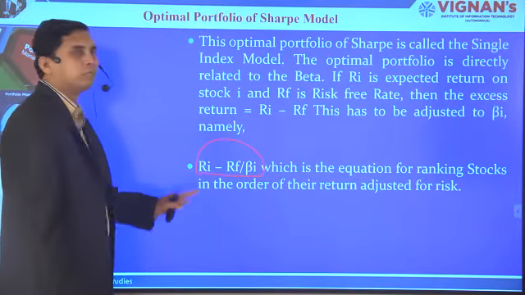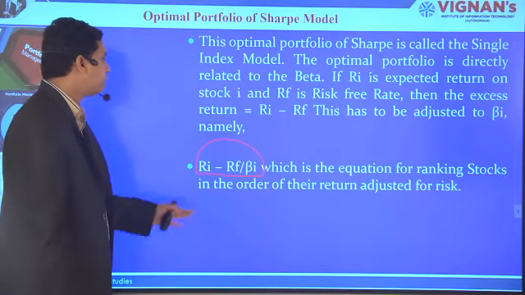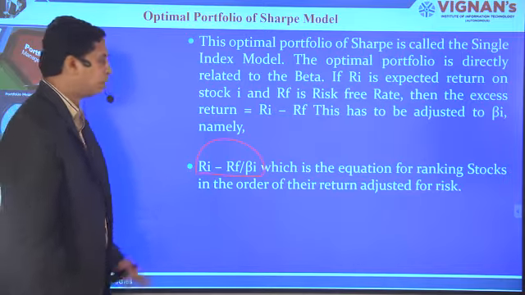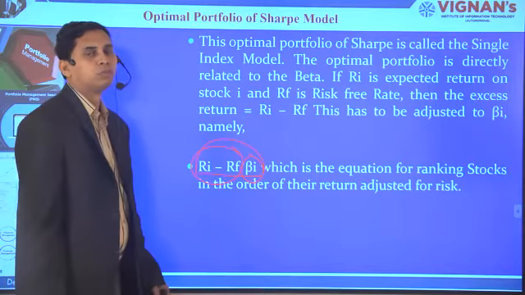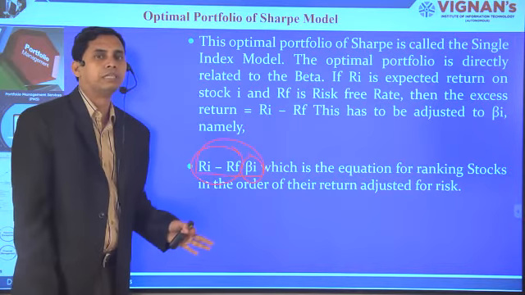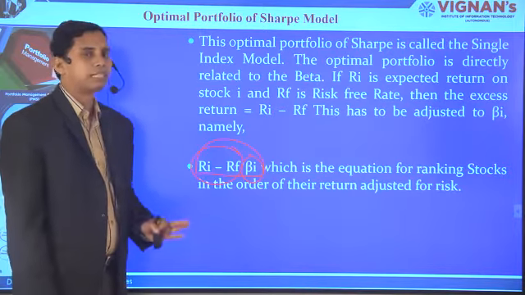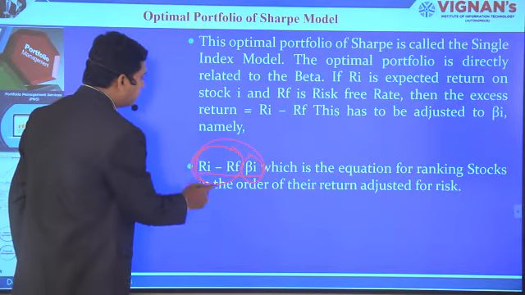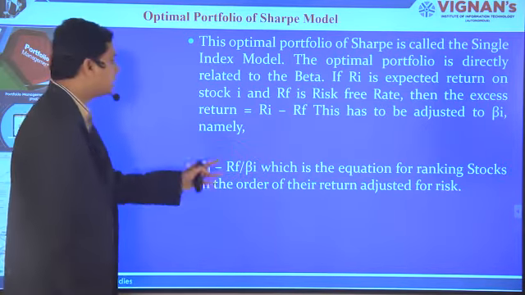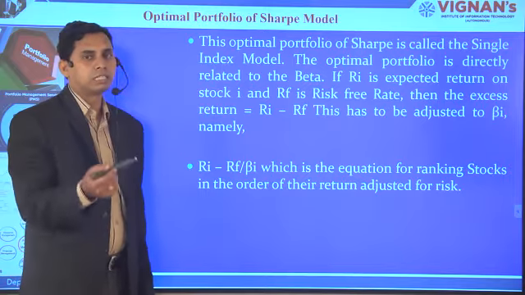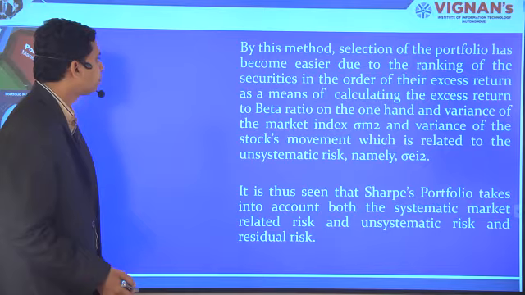So what is the risk of a security with respect to the beta? That depends on this particular excess return. The excess return on the security is due only to the beta of the security, to what extent that security is facing the risk from the market index. That is the only criterion for the excess return generated by the particular portfolio as per the Sharpe single index model. This is the equation considered for shortlisting the different portfolios, and based on that we try to find the best or optimal portfolio.